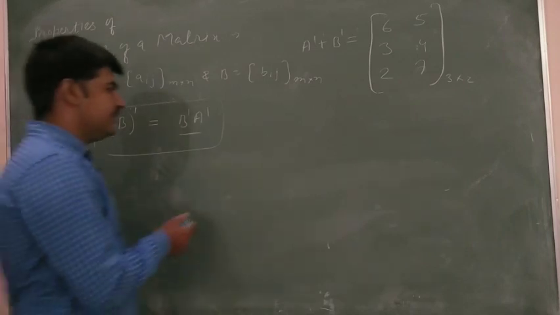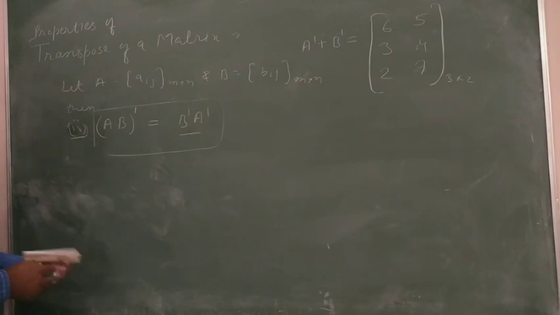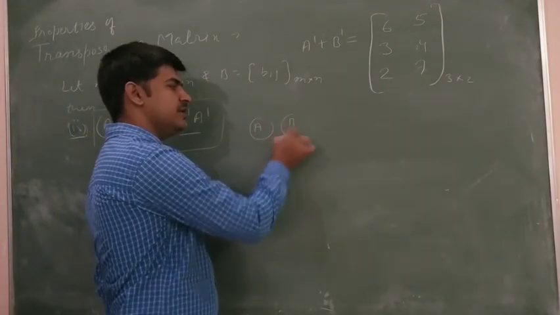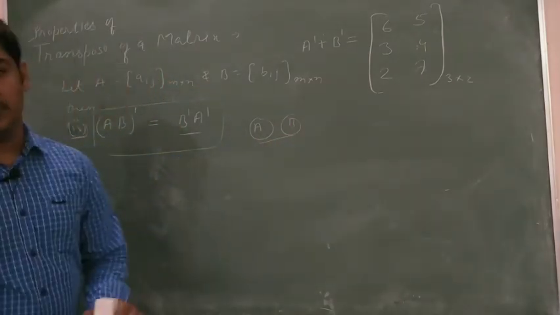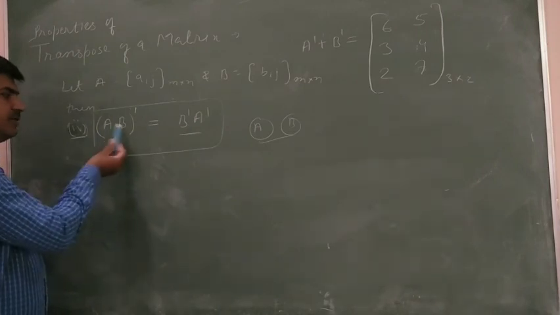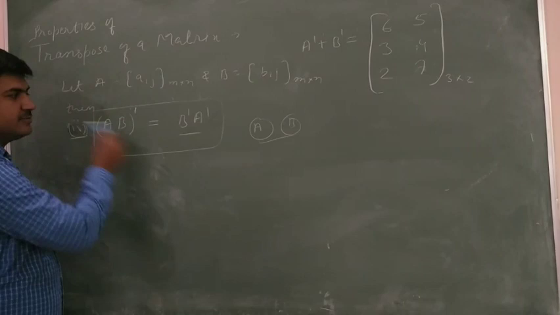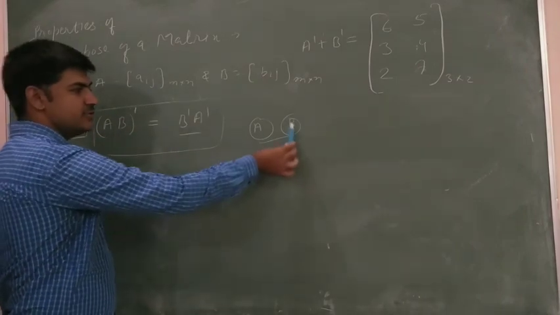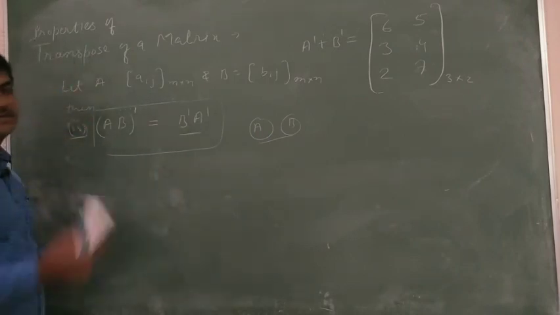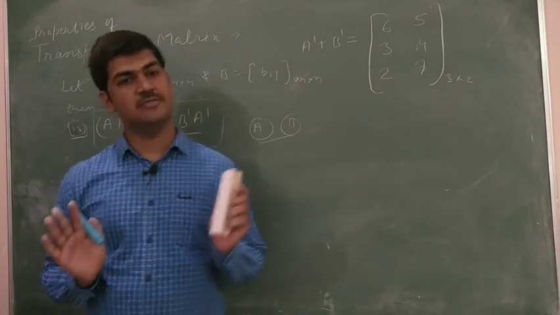Now, the way I have taken the previous example, one more example can be taken, in which you will be given A and B, two matrices, and you will be asked to verify this particular property. What you need to do is multiply both of the matrices and then find its transpose, and then you can find the transposes of B and A and multiply both, and you will get the same. So I hope you have understood what the transpose of a matrix is and what its properties are. Thank you.